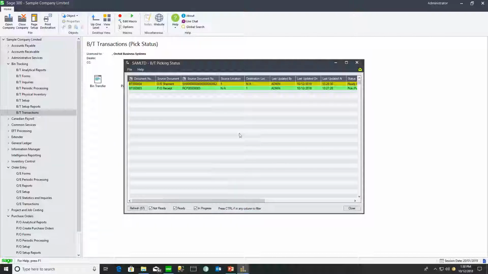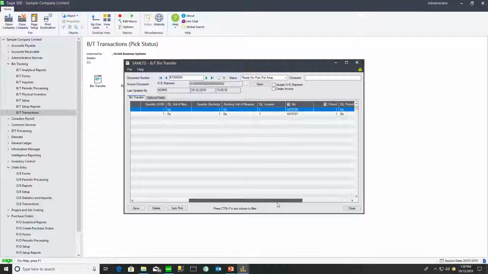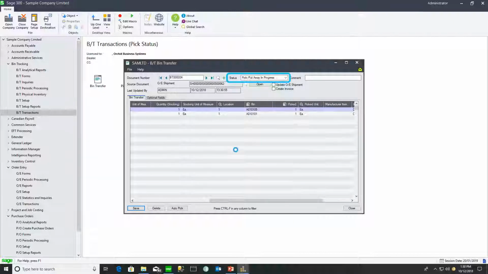So let's go ahead and have a look at the bin transfer created for the OE shipment. You can see the 2 items have been put on the shipment and the bins have been allocated based on our picking rules. And it's auto-picked. If I click Save now, it's going to suggest that this document is complete and we could go ahead and complete this document, or we could set it in progress if we want it to remain on the pick